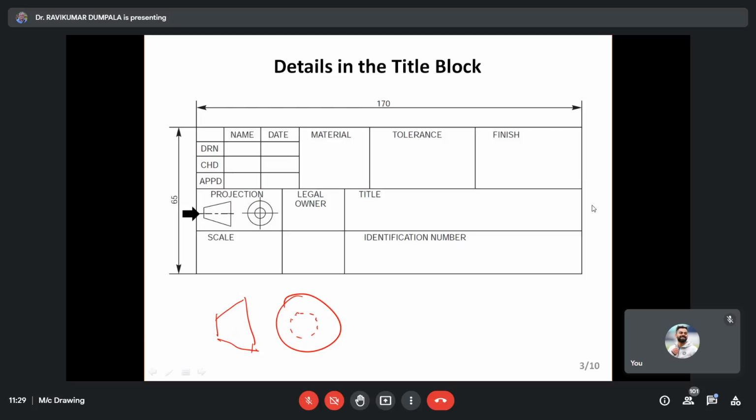Okay, sir. Because when you see this dot, assume this is the front view. When you see the dot in the side view, when you're seeing from this right side, then you don't see this face, so you have to draw the dot. So you're seeing from the right hand side, and again you're drawing on the right hand side. So then it becomes third angle projection.